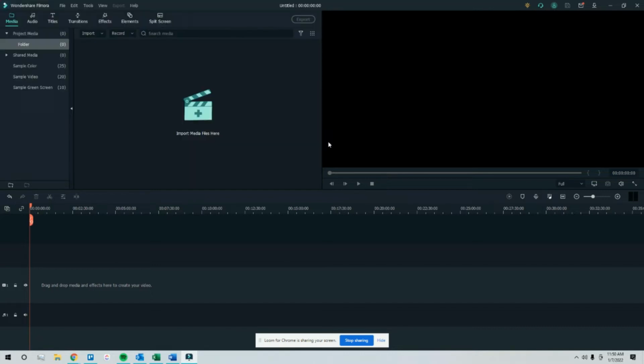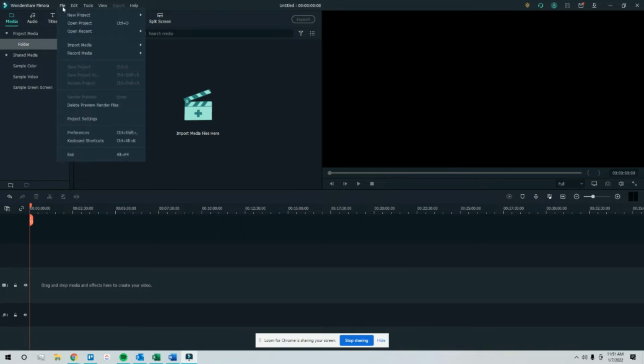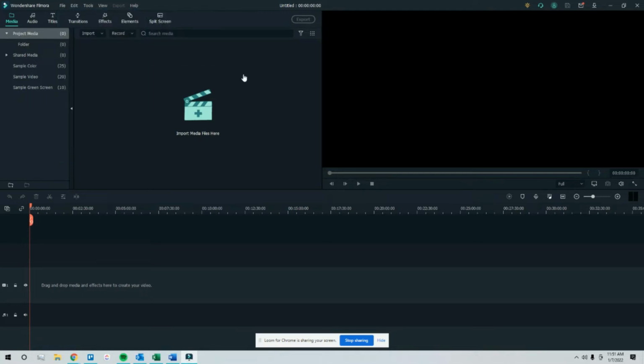And here we go. This is what it's going to look like whenever you get to the main screen. YouTube videos are 16 by 9. And when I say 16 by 9, I mean this size, widescreen. Open Wondershare Filmora. You're going to go to new project. You're going to make sure that you have a 16 by 9 widescreen selected, which is what I have,